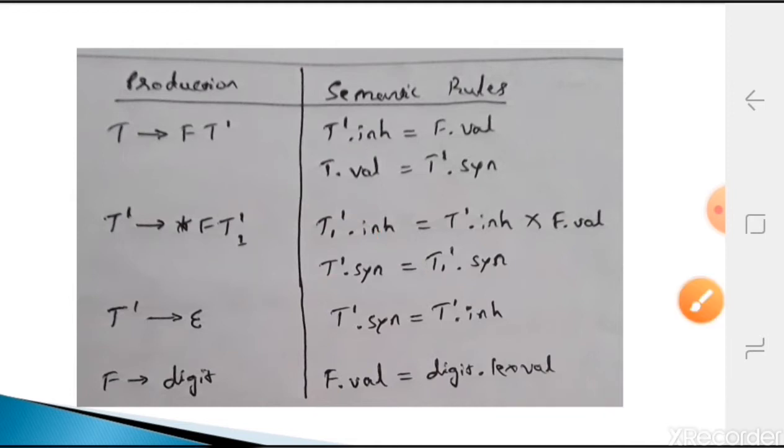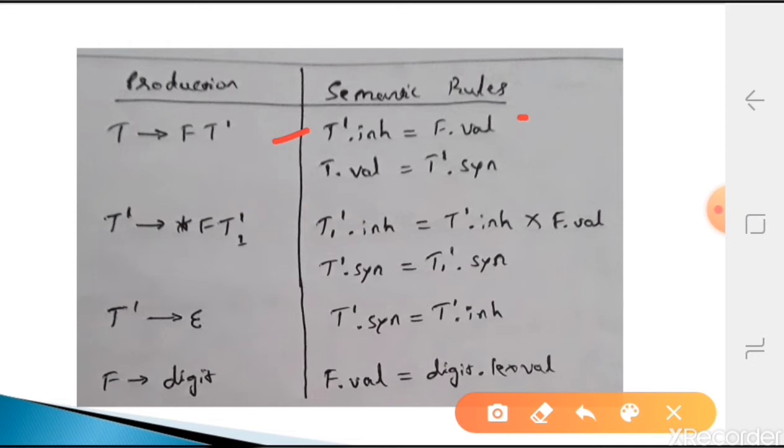Here we follow T'.inherited so that it is easy to identify whether it is inherited or synthesized. So T'.inh equals F.val: whatever F value there is will be given to the T'.inh attribute.